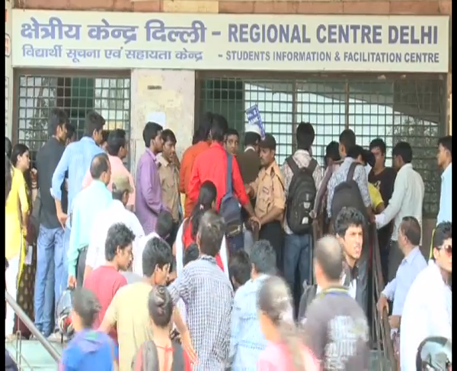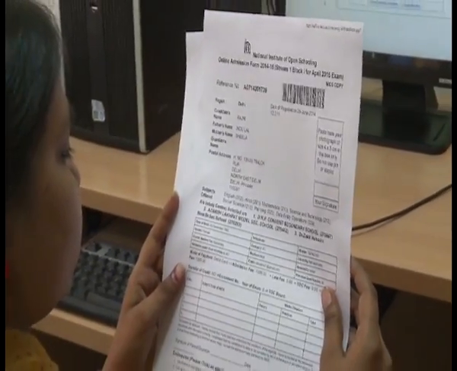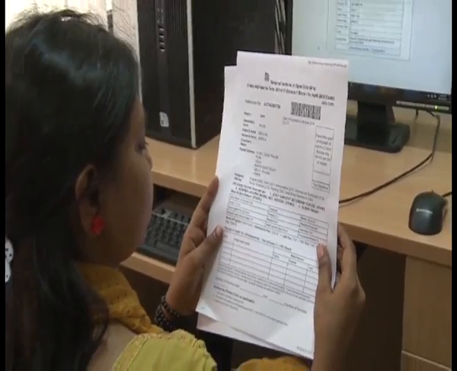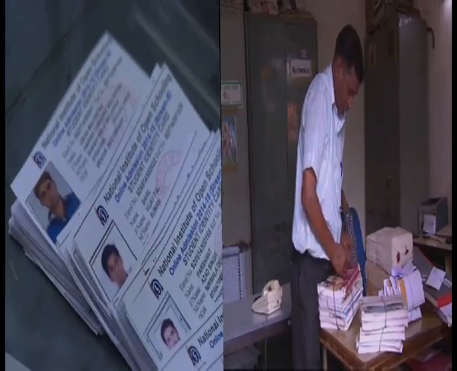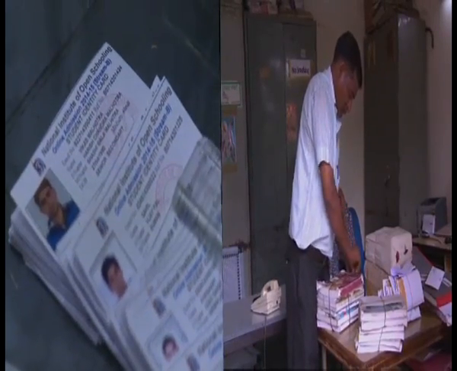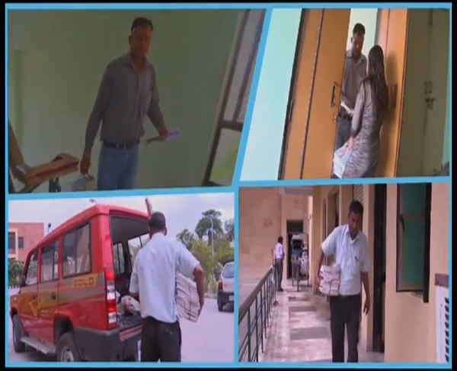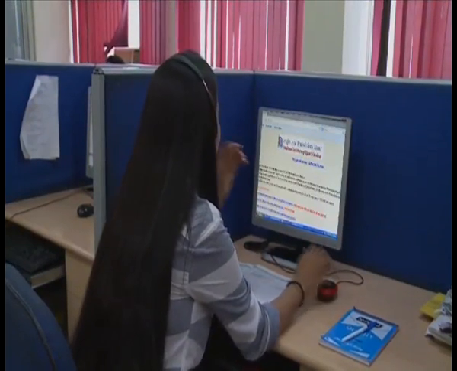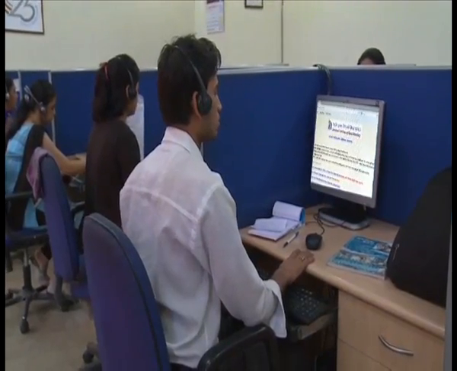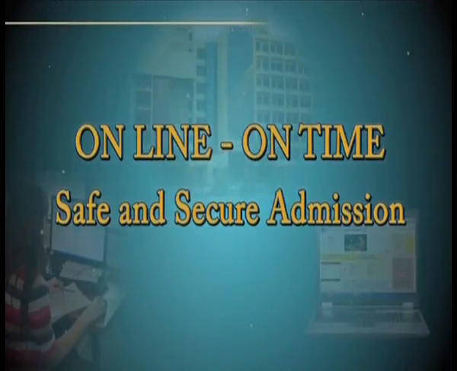प्रवेश फॉर्म का प्रिंट आउट NIOS के संबद्ध क्षेत्रीय केंद्रों पर 10 दिनों में पहुंच जाना चाहिए, अन्यथा उचित दस्तावेज न लगे होने पर आवेदन फॉर्म रद्द किया जा सकता है। प्रवेश प्रक्रिया की पुष्टि होने के बाद शिक्षार्थियों को परिचय पत्र व अध्ययन सामग्री डाक द्वारा तुरंत पहुंचाई जाती है। ऑनलाइन प्रवेश एक बहुत ही सुगम और सुविधाजनक प्रवेश प्रणाली है। ऑनलाइन ऑन टाइम फॉर सेफ एंड सिक्योर एडमिशन।